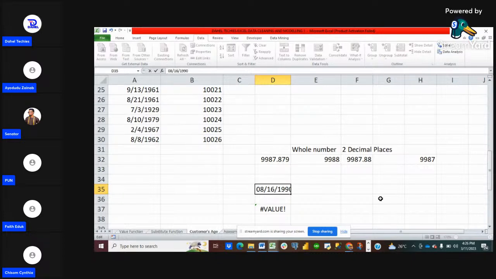So if I click outside, do you see that? You are 32 years old. So you have to make sure that the date format that you have on your laptop is what you have